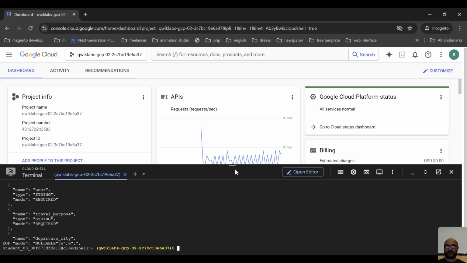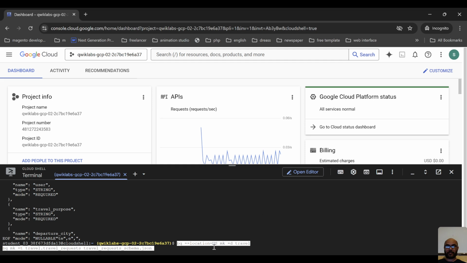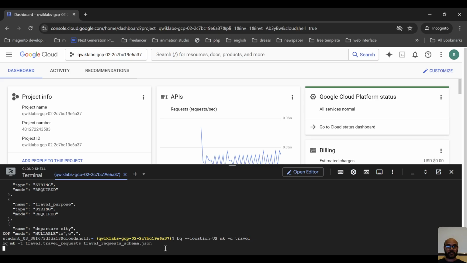Now you can see I have put the command here, bq mk --location=US. bq is the BigQuery command, and travel is the dataset name, and I keep the data schema inside this schema JSON file. Let us execute this command,